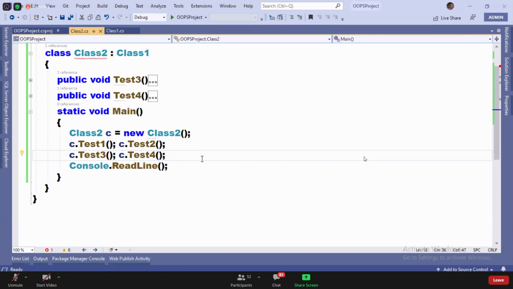Suppose tomorrow you have 10 classes in the hierarchy. Class 1, under that class 2, under that class 3, under that class 4, like this you have 10 classes. Now you created the instance of the 10th class. See the process. The 10th class constructor will go and call the 9th class constructor, 9 will call 8, 8 will call 7, 6, 5, 4, 3, 2, 1. And now the execution starts from that constructor. First, the class 1 constructor executes, then class 2, class 3, 4, 5, 6, like this all the 10 class constructors will execute. Are you guys clear?